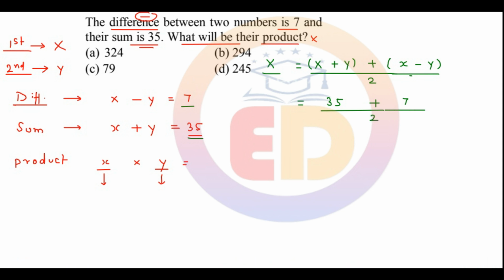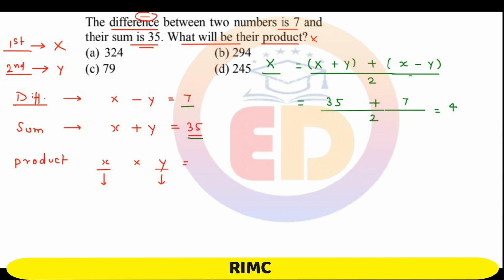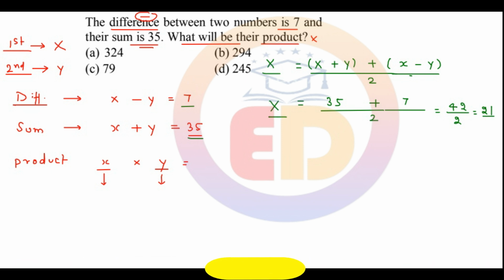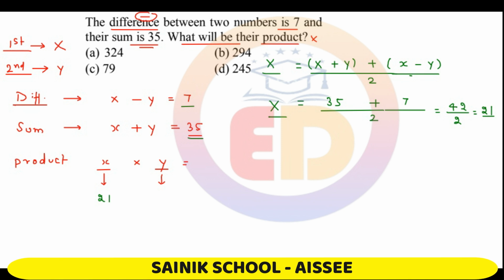35 plus 7 is 42. 42 divided by 2 is 21. So the value of x will be 21. Now